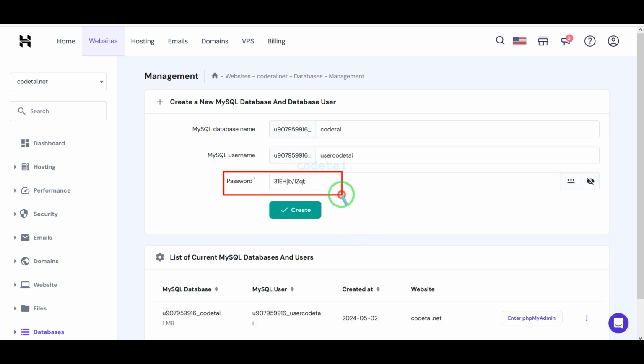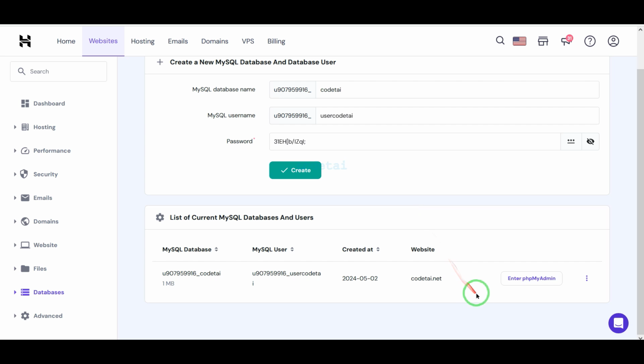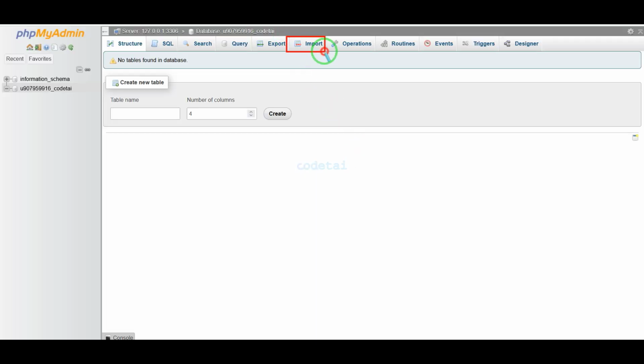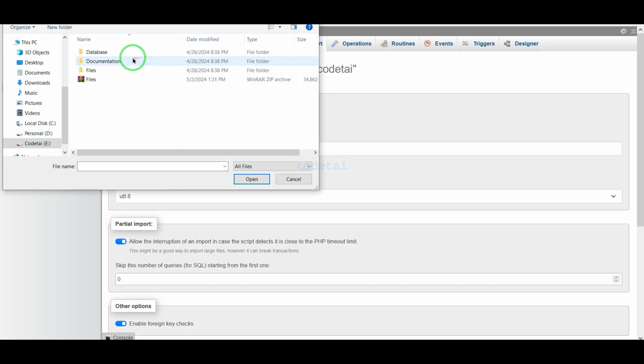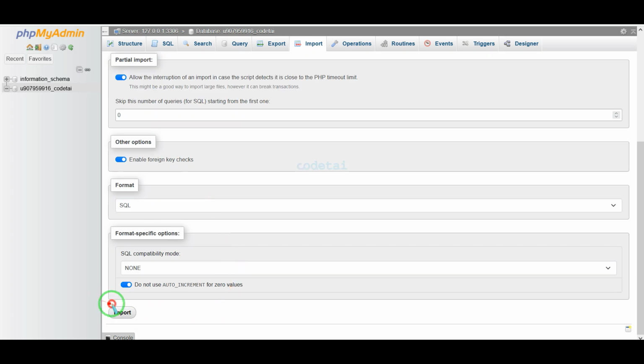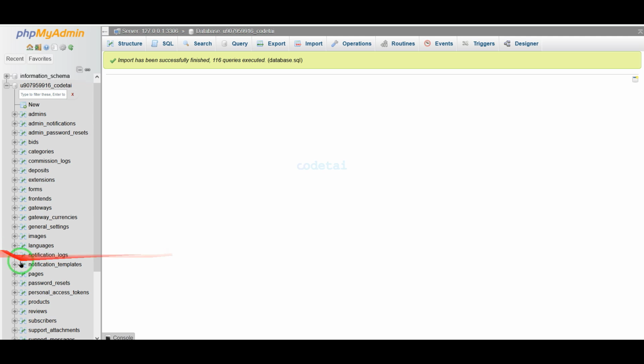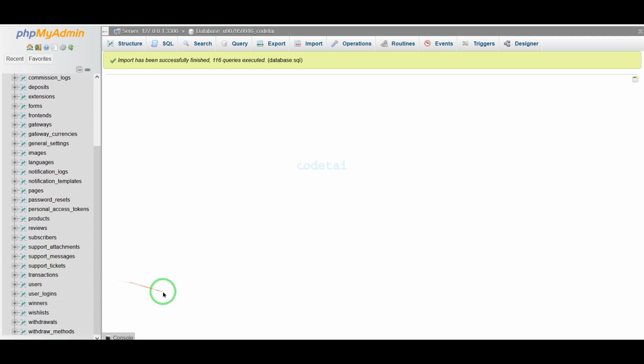We must save this password in our notepad. Now we will learn how to submit the SQL file to the database. We have successfully submitted the SQL file to the database.